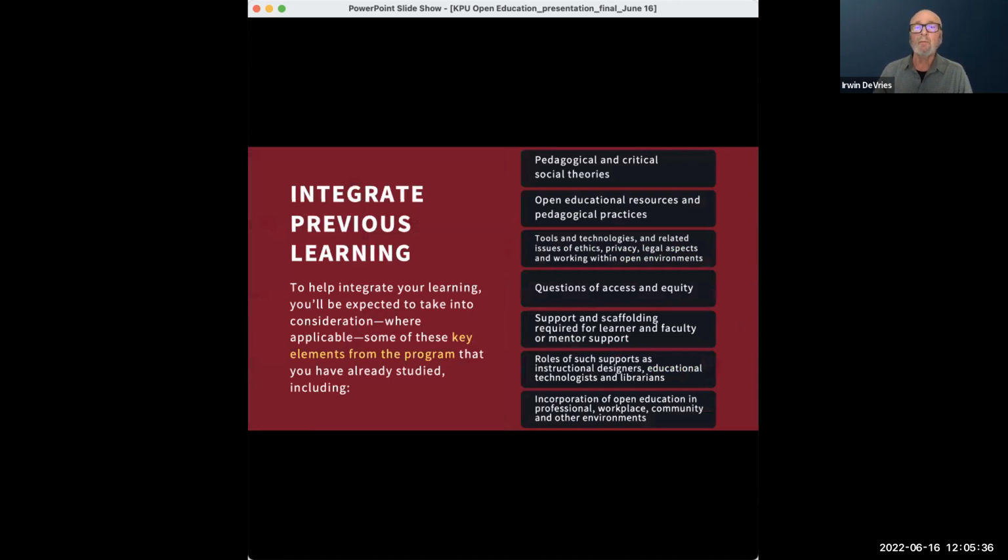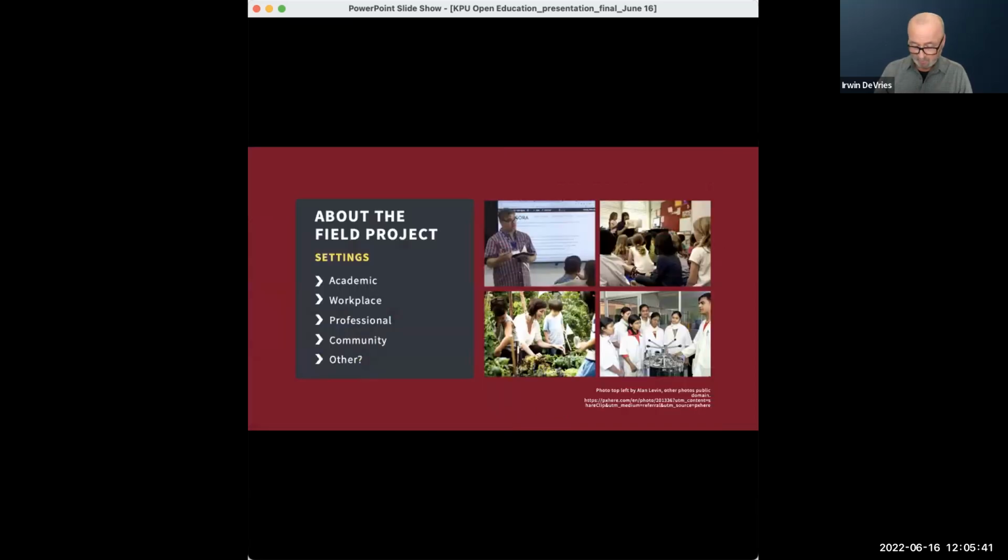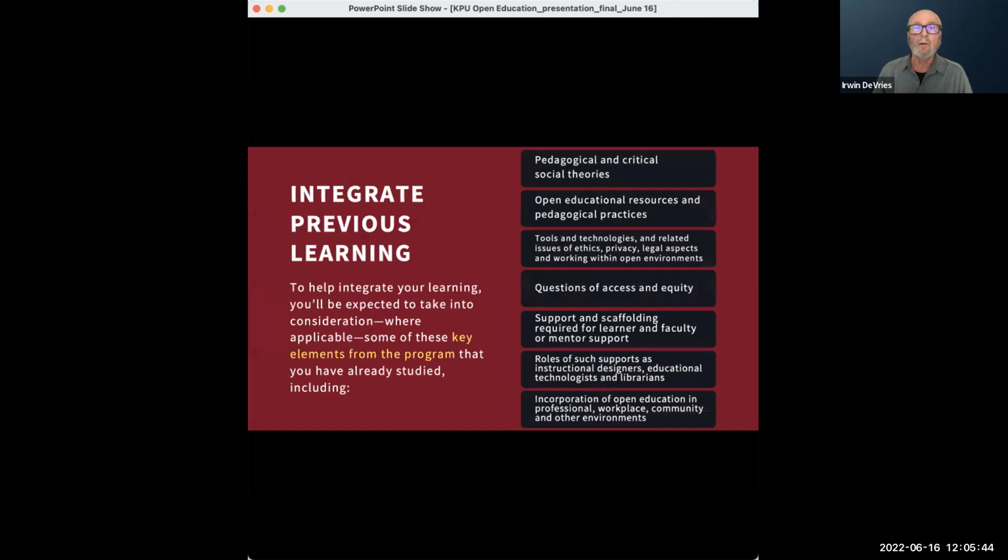It's designed to integrate previous learning. So all the different parts that you heard about previously, along with elements from every course in the program, are brought together here and all integrated into the plan. You're asked to think about all these elements and weave them into a plan that would be considered for wherever it is you plan to implement your plan. You can't actually deliver the plan within the time frame of the course because it's only 6 weeks, but by the end of it, we want you to come out with a well-developed plan that you could take to your workplace or whatever setting and get things started and have thought through some of the key parts of that.